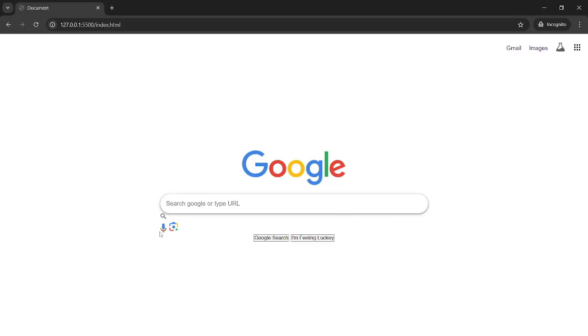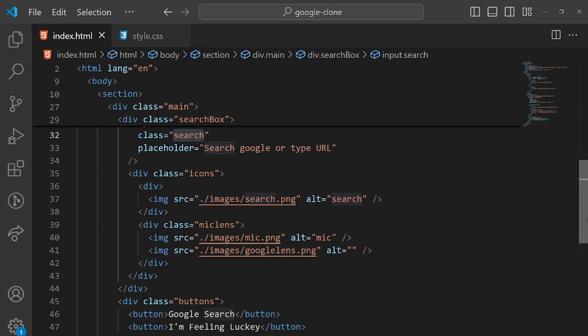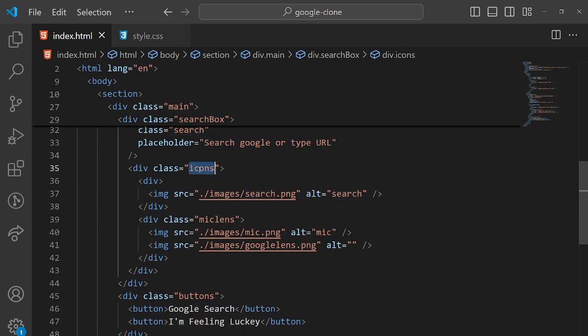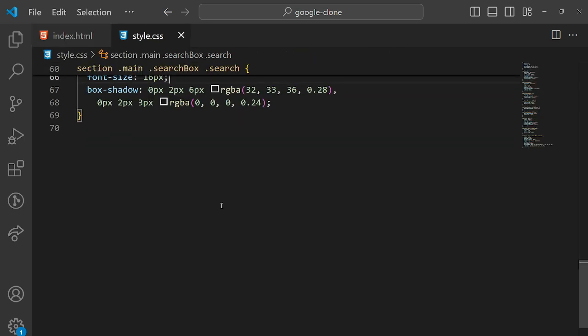So next we need to put this icon to the left side and the right side. For that, go to this HTML file, and here you can see we have this icon class. So let's target this icon class. Inside this style.css, section dot main dot search box dot icons.